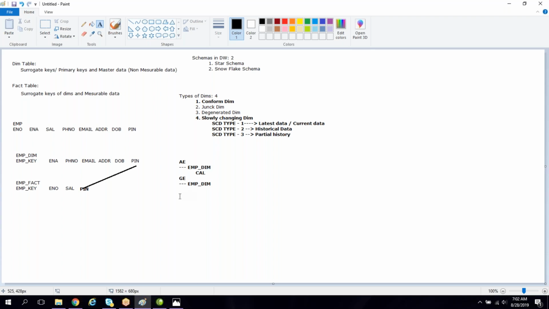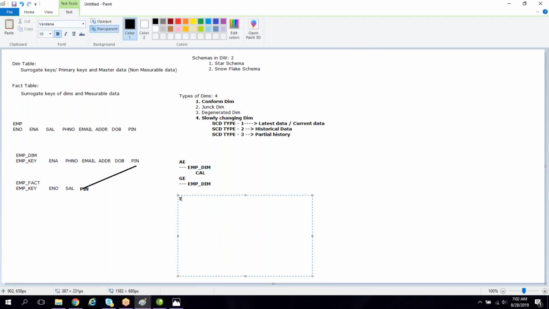Next, we have types of facts. We have four types of facts. One is additive fact.